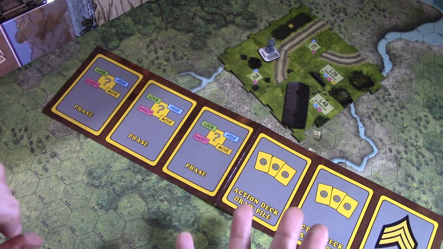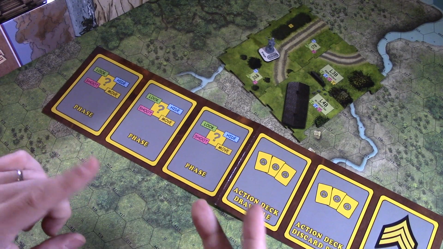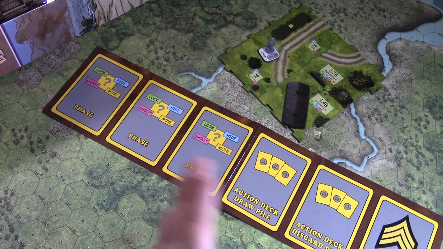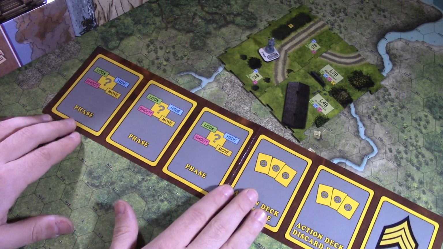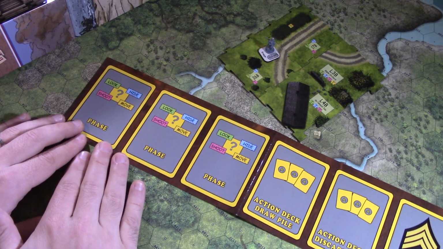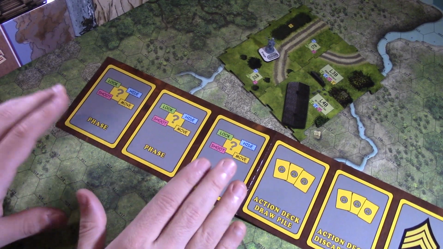Either that signals the end of a turn, or there's penalties because you ran out of cards, things like that. This keeps it very simple. You just reshuffle that deck and boom, you move on. Now the other thing that you use here for your action playmat is you're going to put down